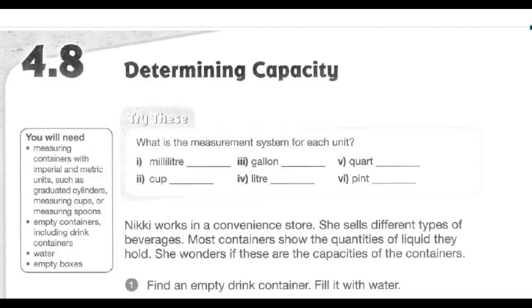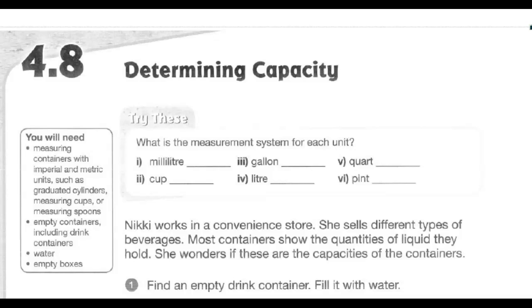Okay, we're looking at determining capacity in this section and the next couple. Capacity is sort of a version of volume, but it's the amount of liquid or the substance that fills a three-dimensional object with a certain volume. So it's measured in things like milliliters, quarts, gallons, depending on metric or imperial. And so it's not actually telling you the dimensions per se, it's just how much capacity the object has for